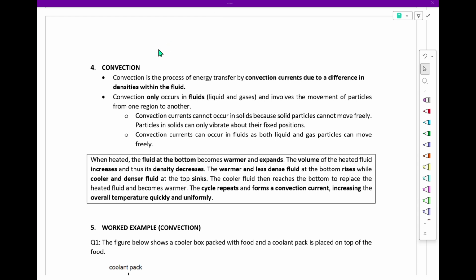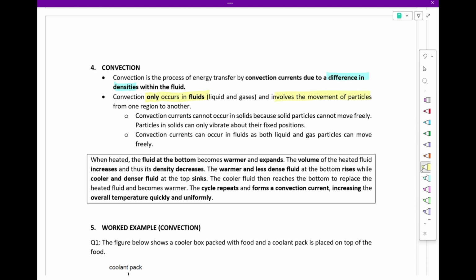So next, for the second method of thermal heat transfer, basically we're using convection itself. Now convection, if you notice, the keyword here is the difference in density. So whenever you're trying to explain, describe, or whatsoever about convection, you must mention density. It's a very important keyword, and convection only works in fluids, which means liquids and gases, because they require the